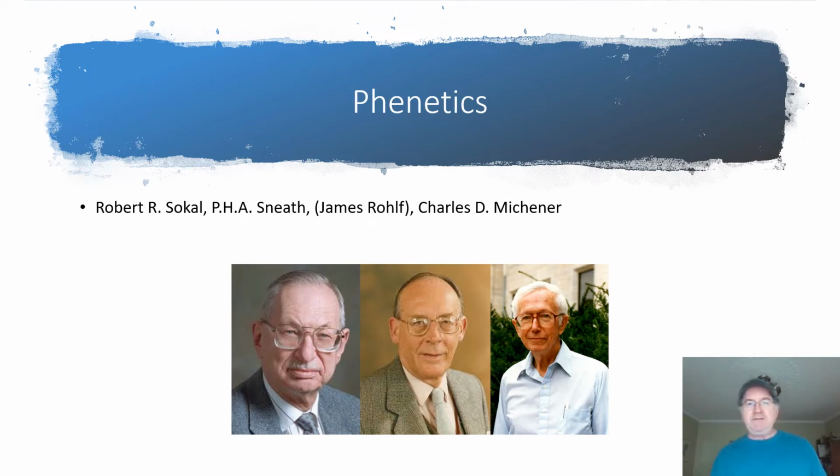Michener, tremendous bee systematist, also did a whole lot of work on bee biology, nesting behavior, interested in the evolution of sociality amongst bees, going from semi-social, social to eusocial bees, and solitary bees, of course. So these were three of the big names in phenetics. There are quite a number more, as you can imagine, but these are the names that come to my mind when I think of the development of phenetics as a separate way of approaching the problems of classification. And make no mistake about it, there were real problems in classification.